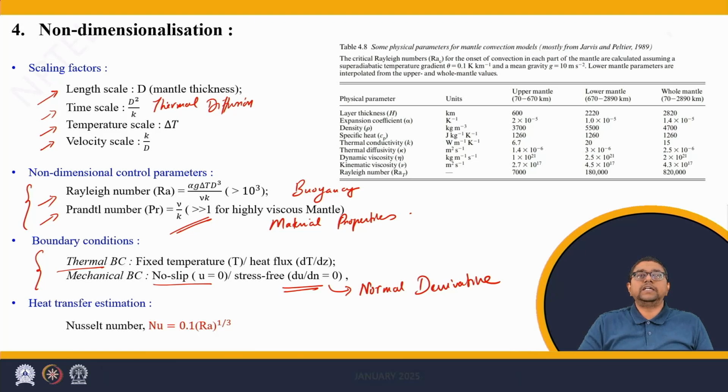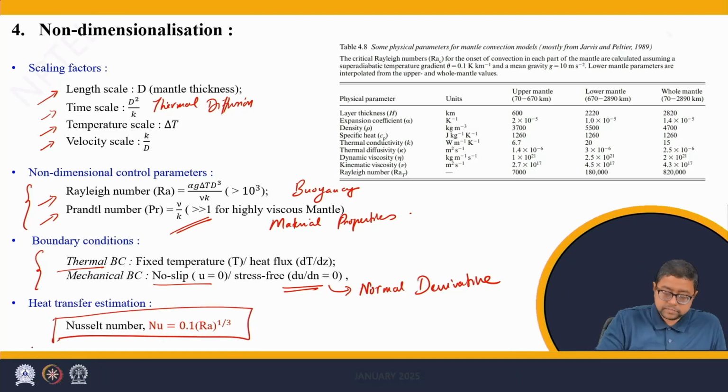The heat transfer is estimated using the Nusselt number, which is a non-dimensional number quantifying the convective process dominance over the conductive process. It has been obtained through rigorous studies that the Nusselt number varies as the Rayleigh number to the power 1/3, which means as the Rayleigh number increases, the Nusselt number increases. In other words, stronger buoyancy forces would lead to higher convection and convective dominance in the mantle.